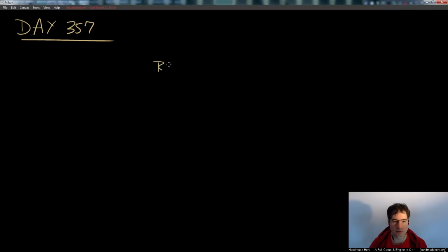so room camera fitting. So let's just talk about this problem briefly, and I don't know that we want to bother solving it really at this point, but at least so you can be aware of what the problem actually is. And so, we probably would solve it at some point. I don't know. I guess it depends on whether we decide that we're going to use this in this way